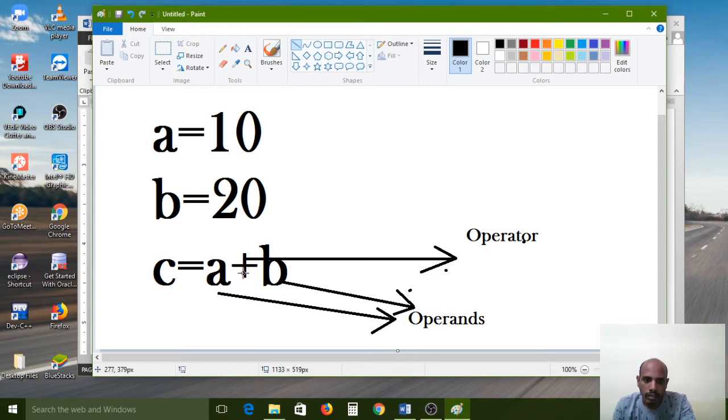Any operator will work between two operands. Here a, b are operands. Plus is an operator. Now you can understand what an operator is and what an operand is.